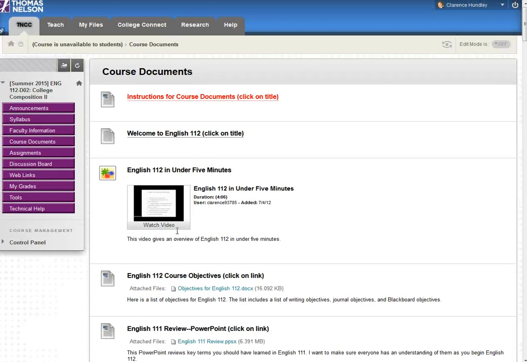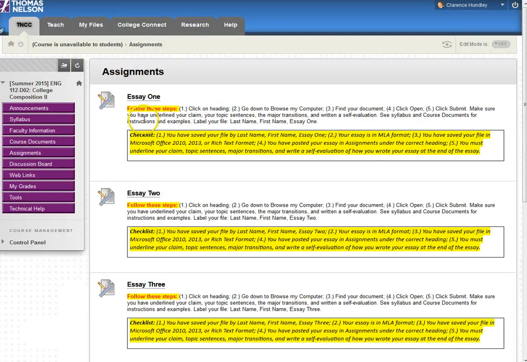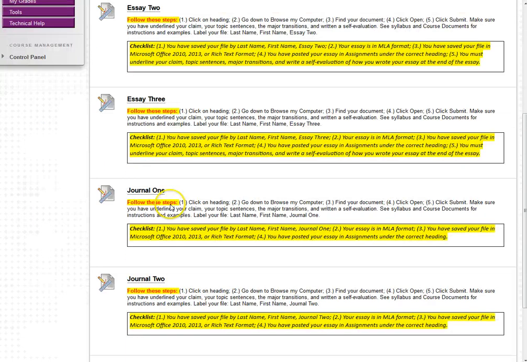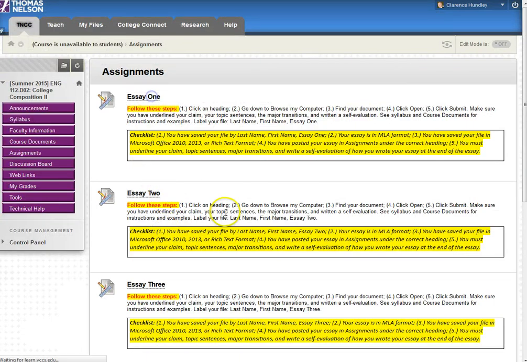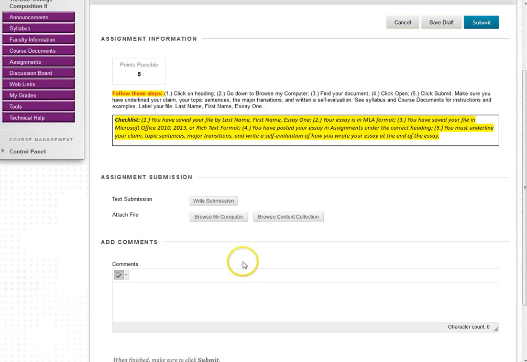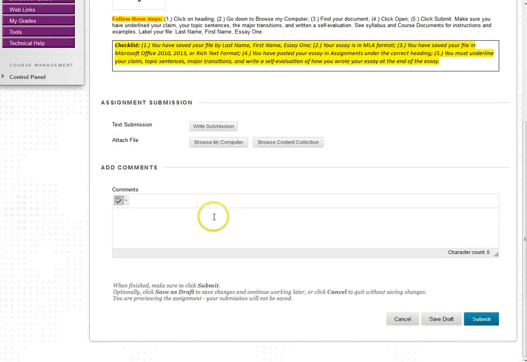Scrolling back up, this is where you will post your essay. Essay 1, Essay 2, Essay 3, Journal 1, 2, 3. You click on the title. You go down to Browse My Computer. You find your document. It'll either be on your computer's desktop, on a flash drive, or an external hard drive. Wherever you have done your document, you click on Browse My Computer, find your document, click on that, press Open,